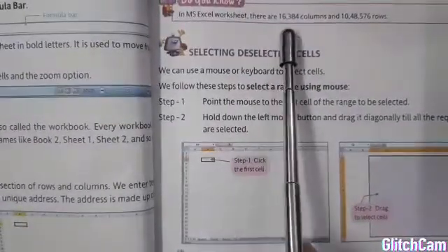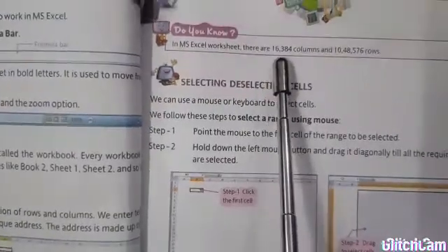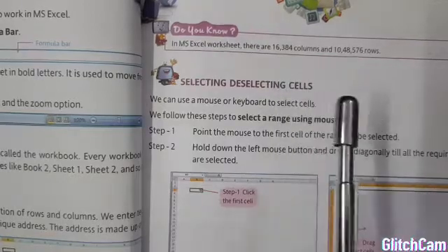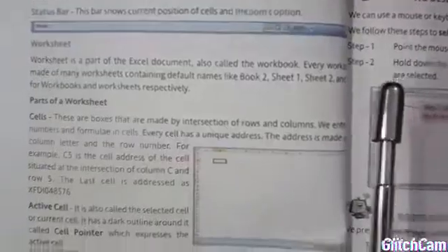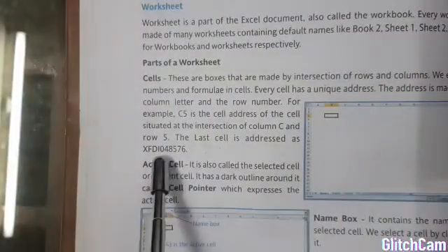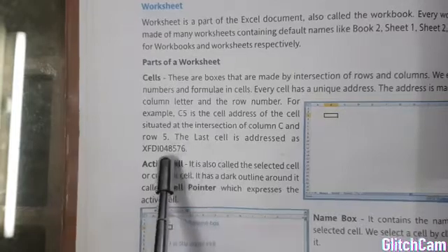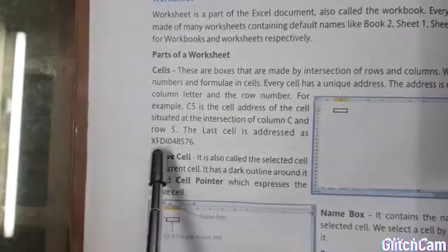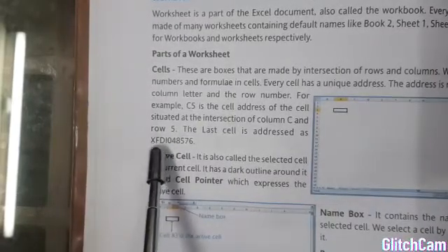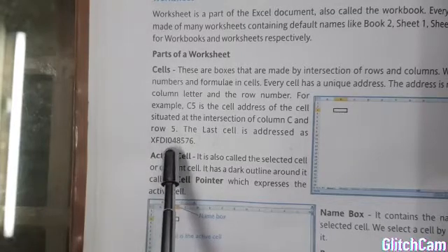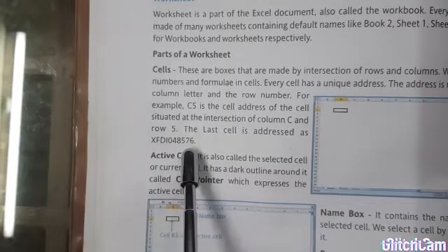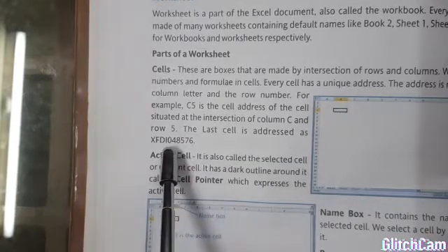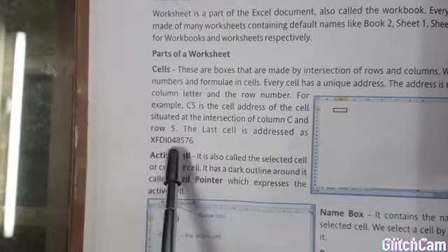I have already told you that there are 16,384 columns, so the last cell is XFD1048576. This is the row number and this one is your column. XFD is the last column, 10,48,576 is the last row, so this is the last cell address.